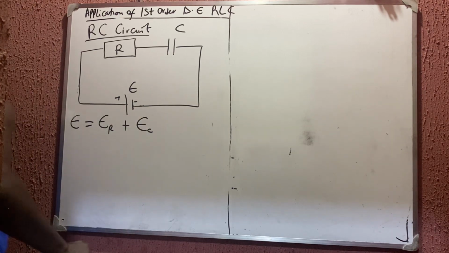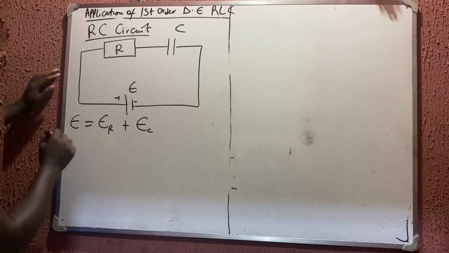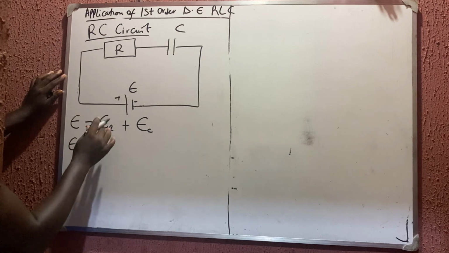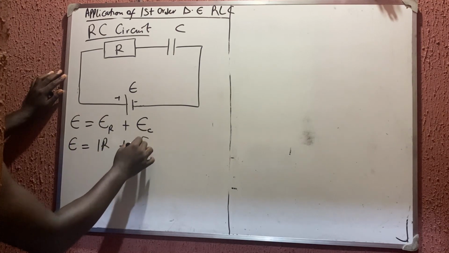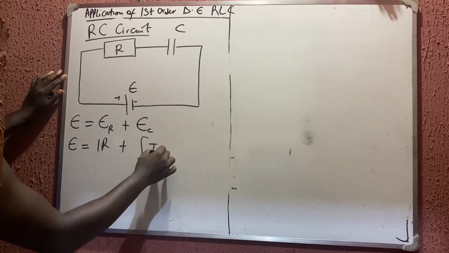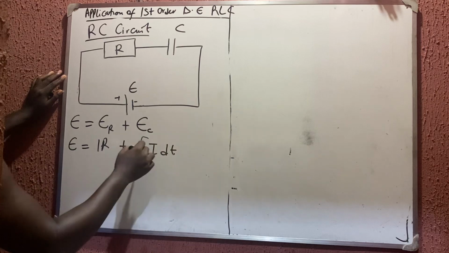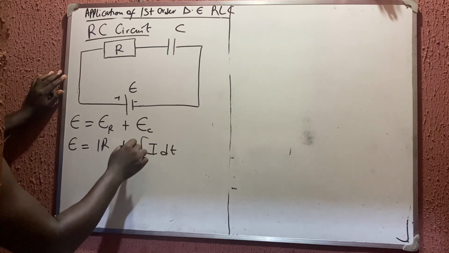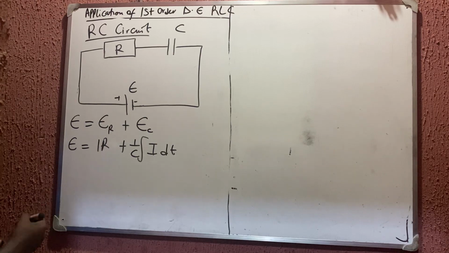So if you remember what I said, this one is now E is equal to IR, don't forget, plus this one is now the integral of I dt. Then don't forget that you are putting your capacitor, and we're using 1 over C. Don't forget, check my last video. We're using 1 over C here. So if we have this,